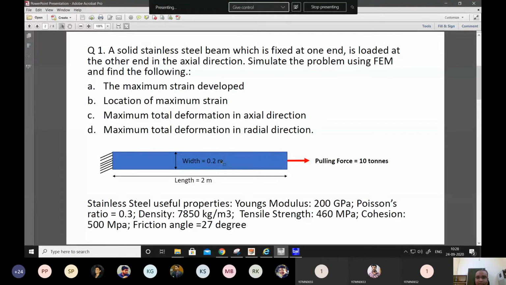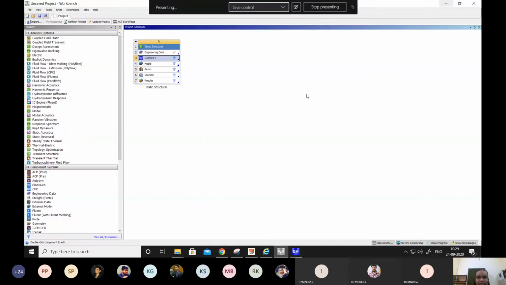So those are 200 mm by 200 mm, right? And the length is 2 meters, so 2000. And we have a pulling force of 10 tons. We will convert that as well. So let's try and find this out. We'll use the stainless steel properties that are already fed in this ANSYS, so we won't be changing that. So let's see what we have.